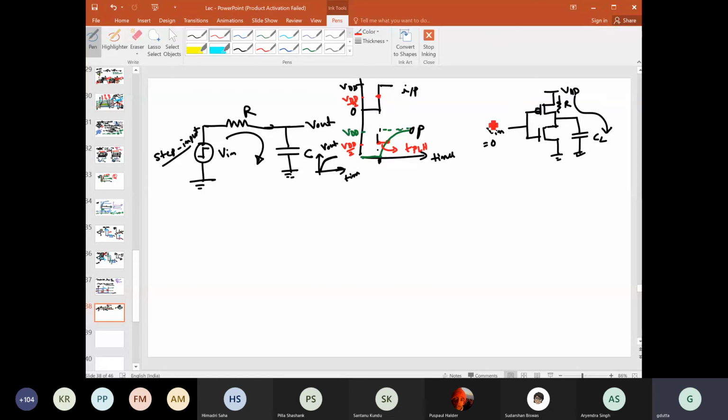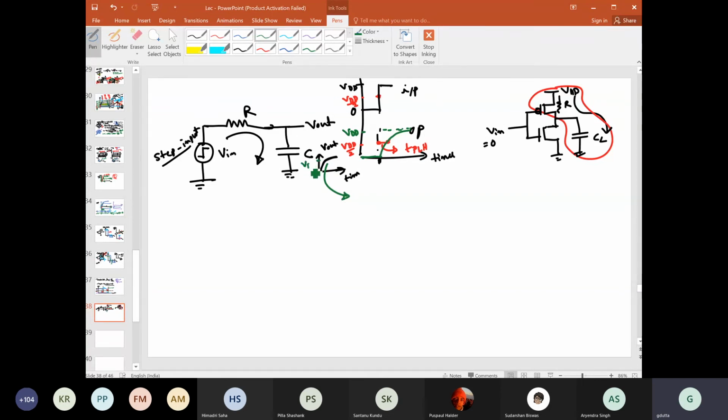So what we have done is we have tried to approximate this part with a first order RC network, and we have simplified the analysis further by assuming that the input is a step input. From here we are trying to calculate what will be this tPLH for this RC network. So that is quite easy. Can you find it? I think you can find it provided you know what will be the equation of this.